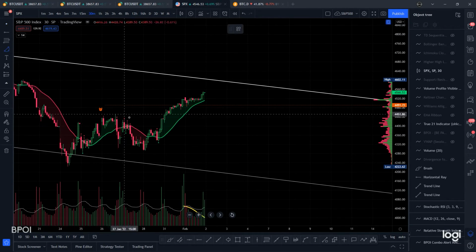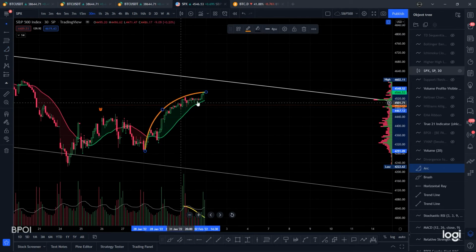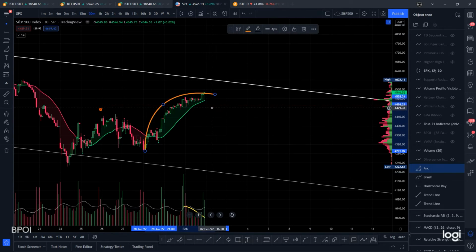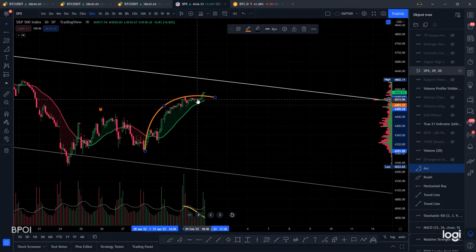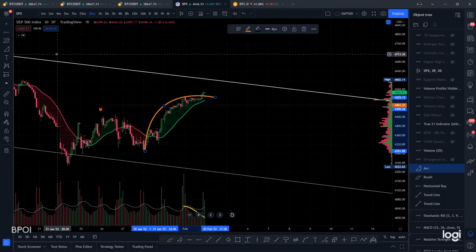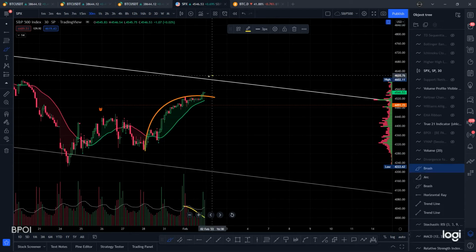I'm still not convinced, but you can see it was just starting to roll over. Volume was dropping off, price was dropping off, but then we just had this move up, this recent move up at 8 o'clock. So the S&P is starting to move again, but remember we've got this trend line just above here, which